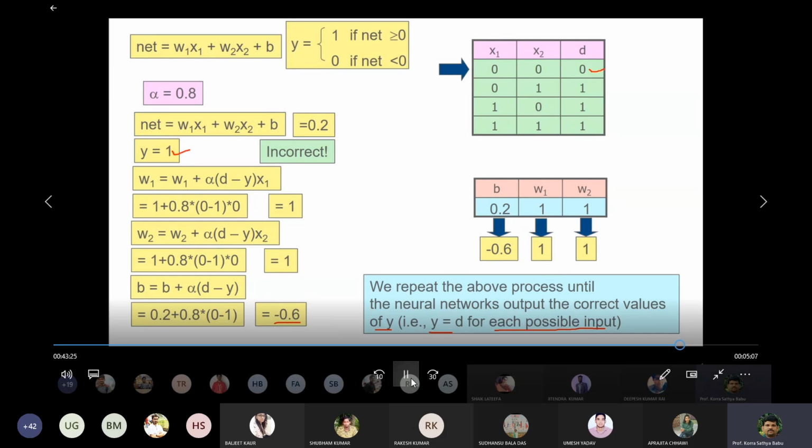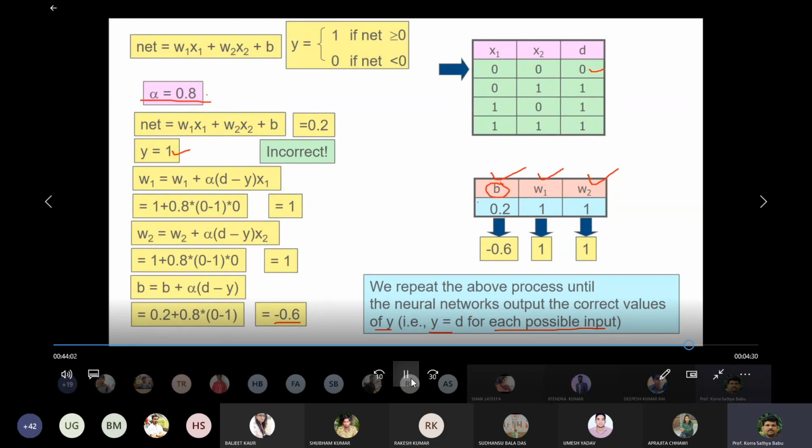So in my next class, I will ask what are the values of B, W1 and W2. Did you understand this concept? With this particular learning rate, alpha equal to 0.8. So leave aside the time it will take, but I want what should be the correct bias and the W1 and W2. These three values, what should they be? I will explain why we use this bias.